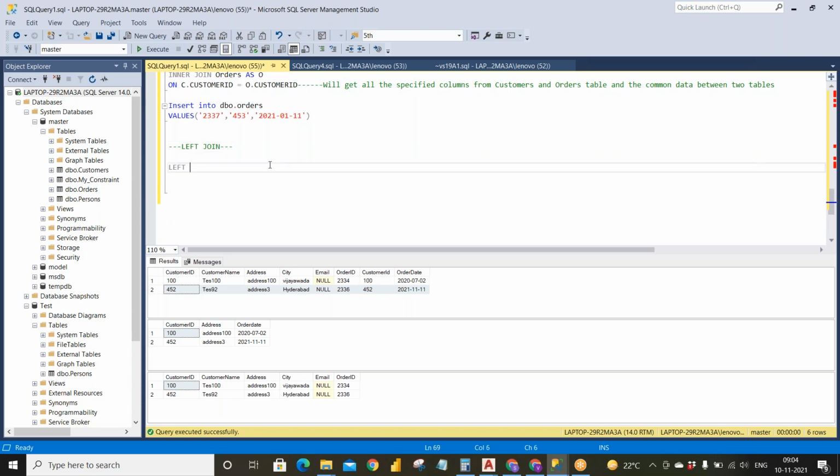So left join keyword returns all records from the left table. I'll tell what I mean by left table simply, and the matching records from the right table.